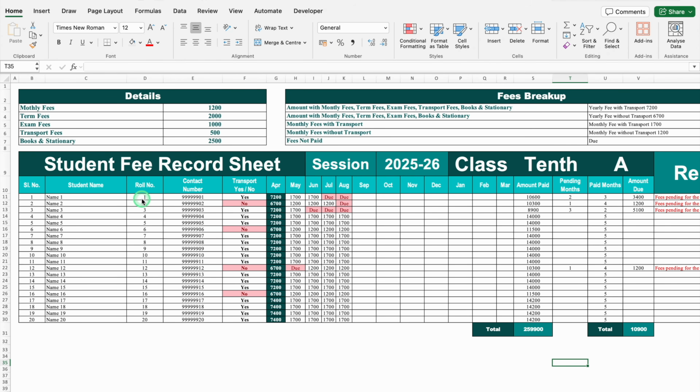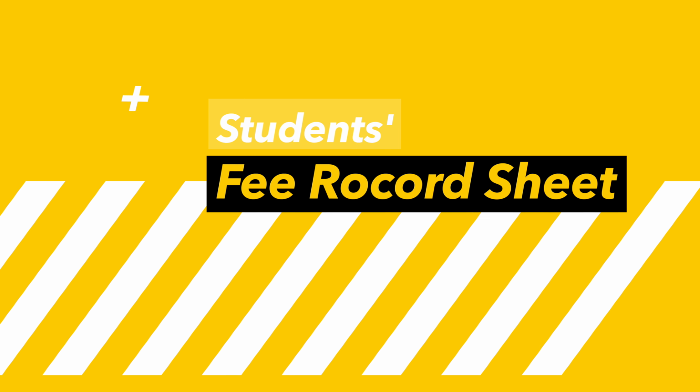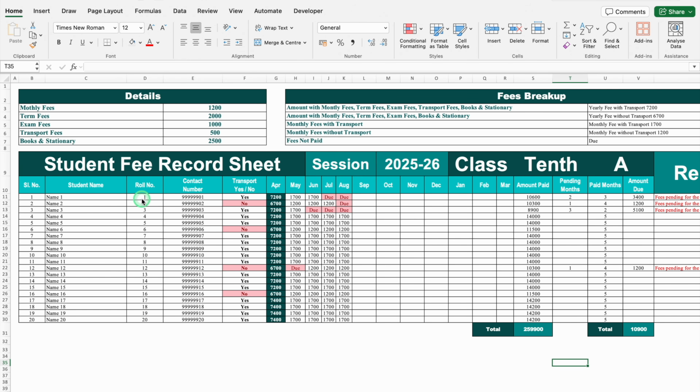This is a student fee record sheet which I have created in Excel. Before creating the new format, let's see how it works. On the top, we have got fee breakup, in which we have got monthly fee, term fee, exam fee, transport fee, books and stationery. In case you have got more or less heads, you can adjust this as per your